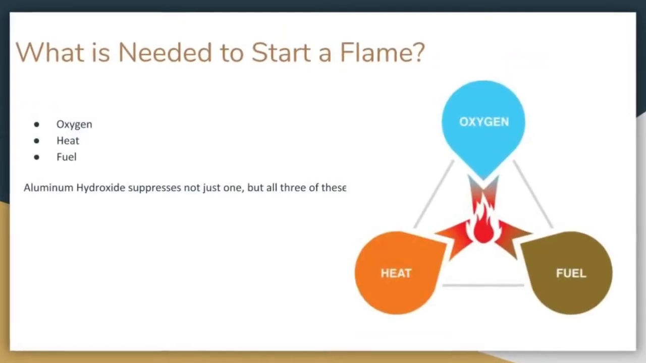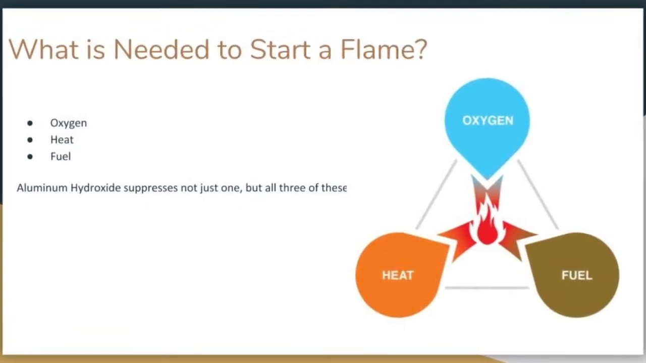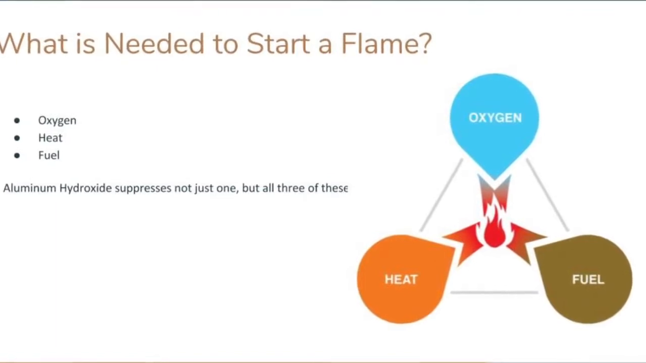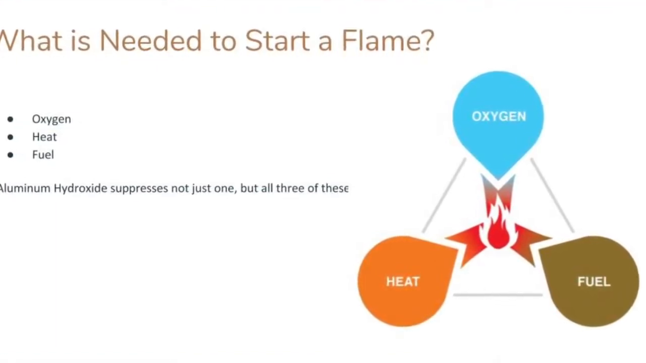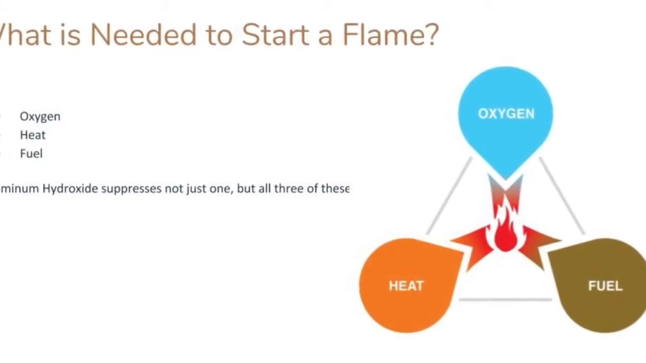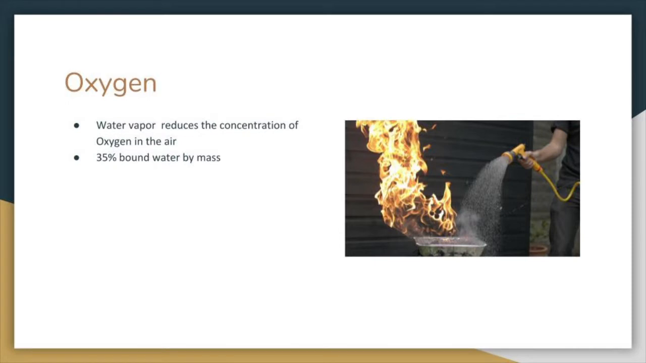In order for combustion to take place, 3 things are needed: oxygen, heat, and fuel. If even one of these is missing, then combustion cannot take place. Aluminum hydroxide is able to suppress all 3 of these components that are needed to cause a fire. To suppress oxygen, the water vapor released by aluminum hydroxide reduces the concentration of oxygen in the air, which makes less available for combustion. Aluminum hydroxide is also about 35% bound water by mass, which when released covers the material